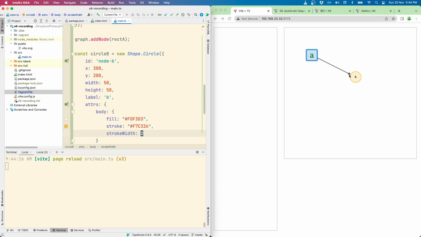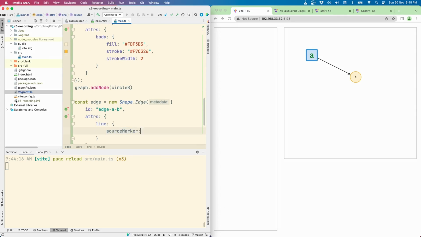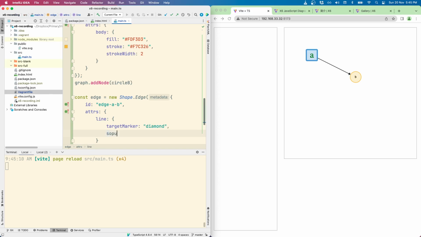We can change the icon at the end here, as well as the icon at the beginning here. Let's play around with that first. Let's make the target marker a diamond, for example, and let's make the source marker a circle.